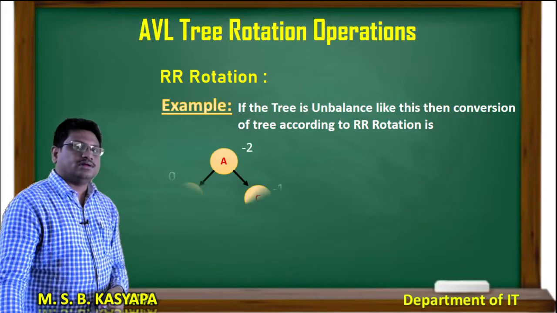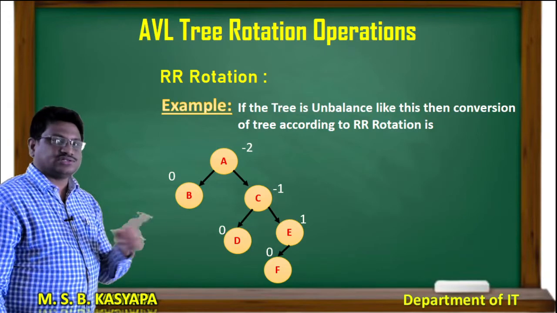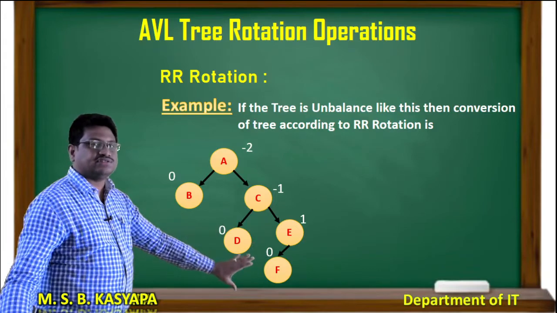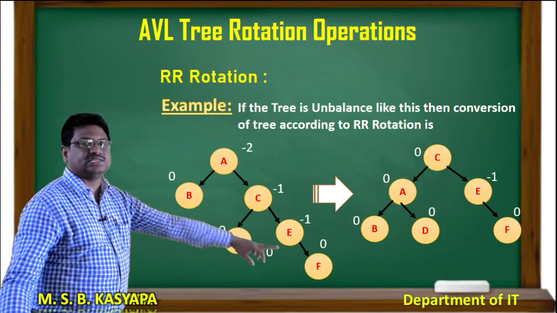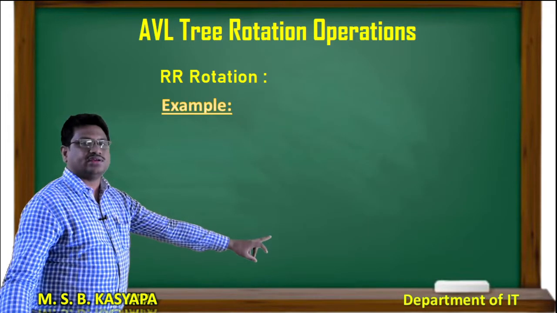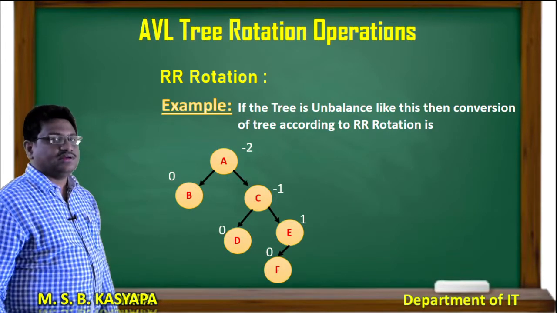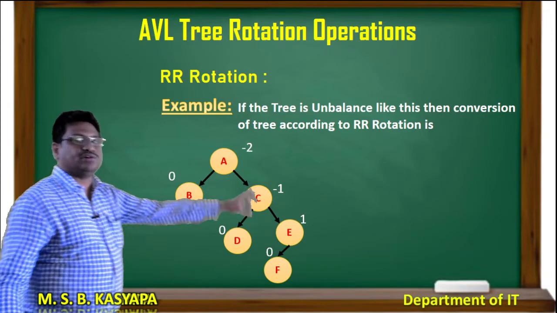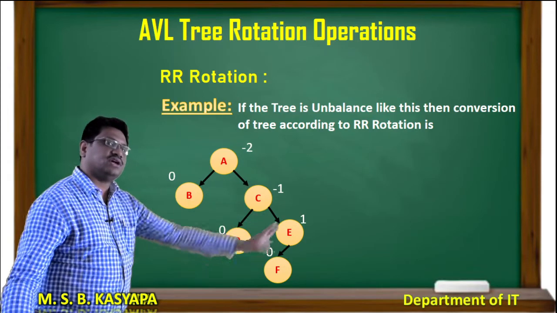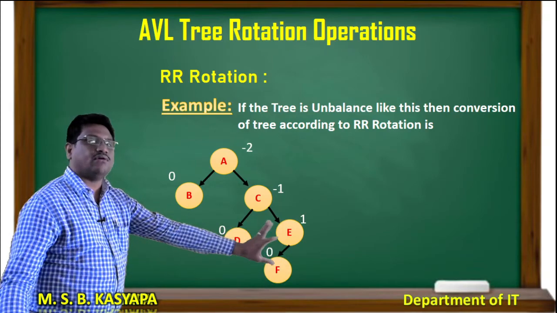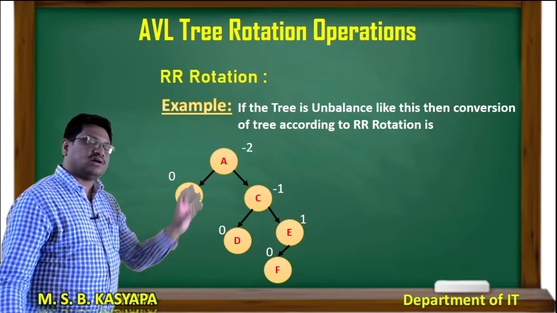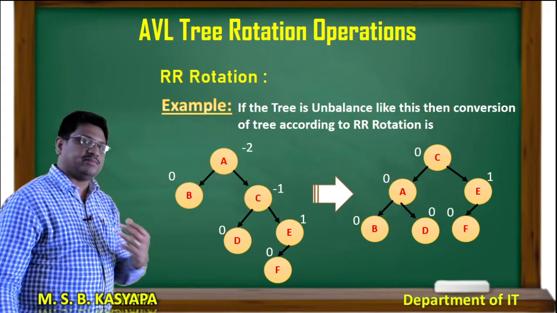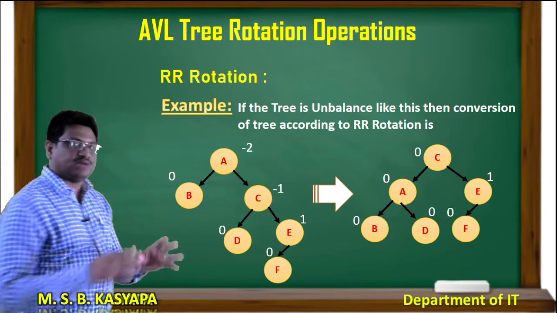Okay. Now, let us take another example. In this also the same thing. So E and F, E is the left child for F. In the previous one, F is the right child for E. Here, F is the left child for E. But here also the same thing will happen. Why? Because whether E, F is a left child or a right child, E, F as a subchild is a right child for C. So it will remain as a right child. So see, the same thing happens here.